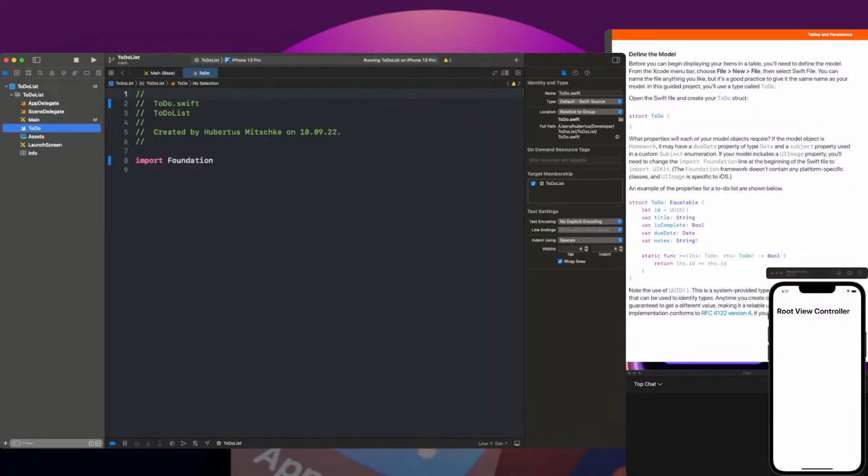What they say, File, New File, you can also do that instead of pressing the keyboard shortcut. Give it the same name as your model. Yeah, right, it's ToDo. Okay. So we will define the struct